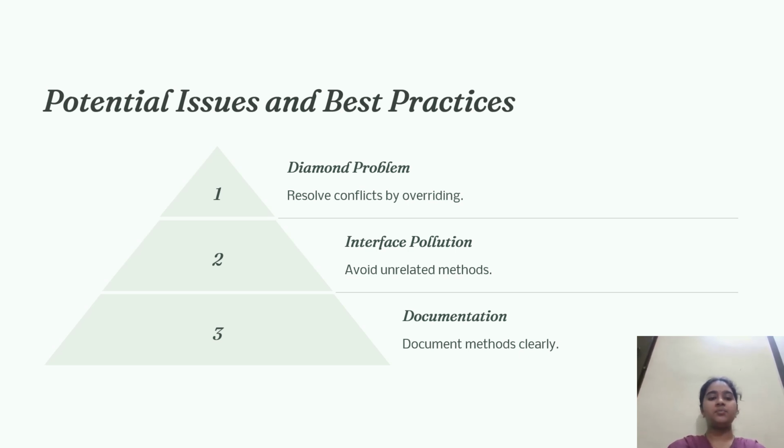documentation. The diamond problem occurs in languages that support multiple inheritance, like C++ classes. It happens when a class inherits from two classes that both inherit from a common class and define the same method. Interface pollution: interface pollution happens when an interface becomes overloaded with too many responsibilities, trying to handle unrelated tasks in